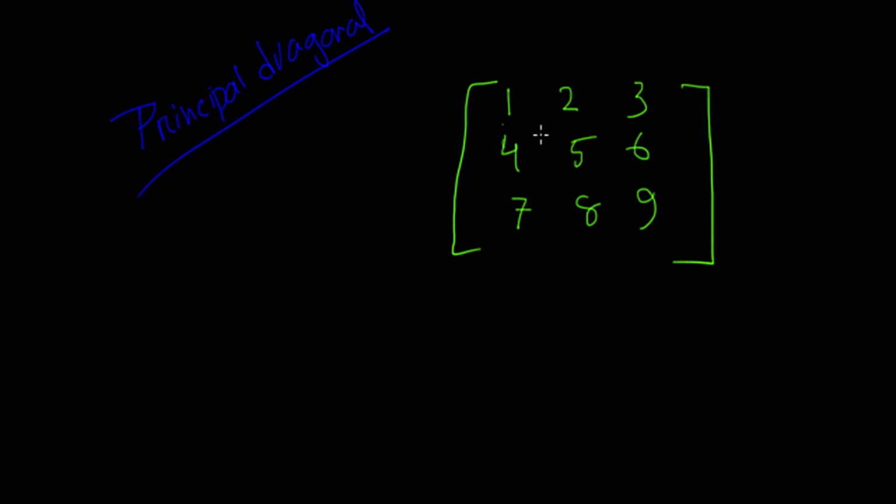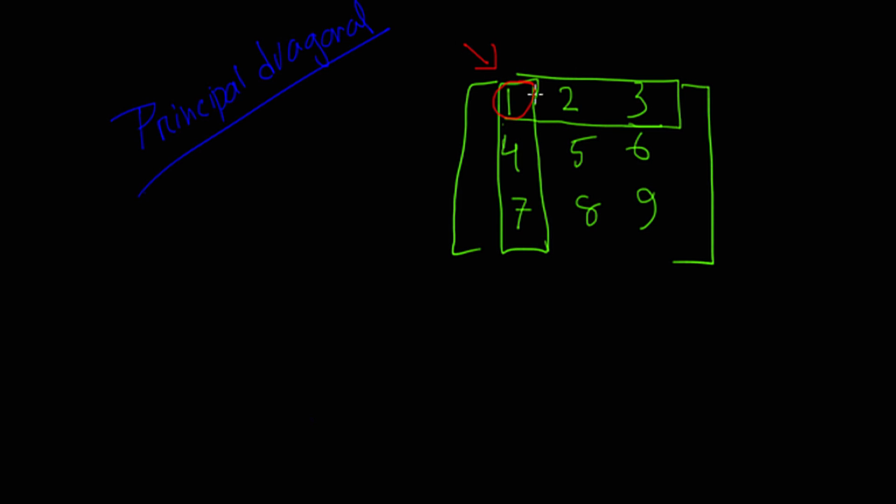So what is common between the first row and first column? Which element is the same between the first column and first row? It should be, or it is absolutely 1. So that diagonal passing through the common element of the first column and the first row